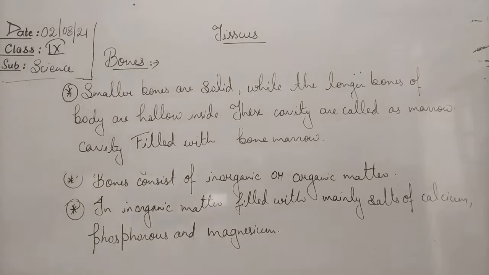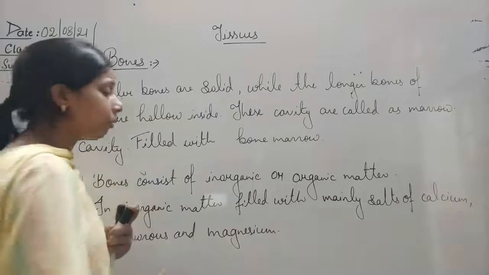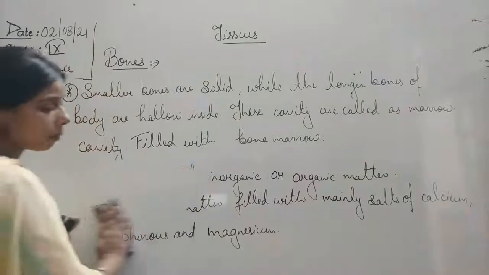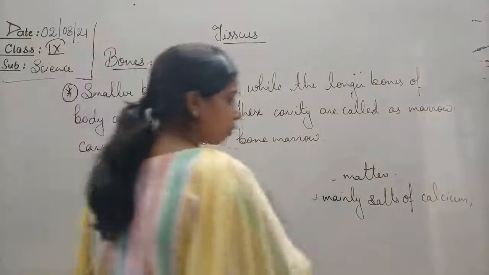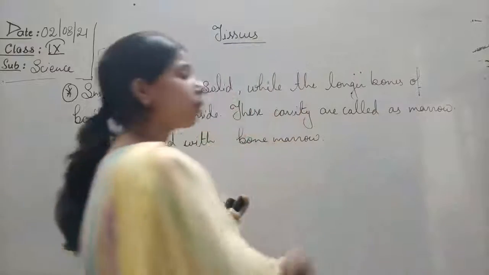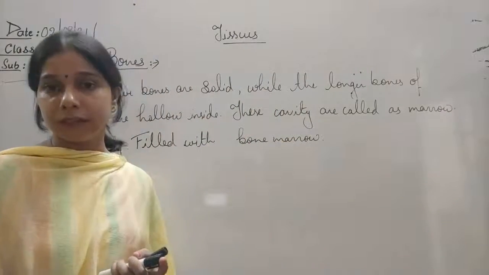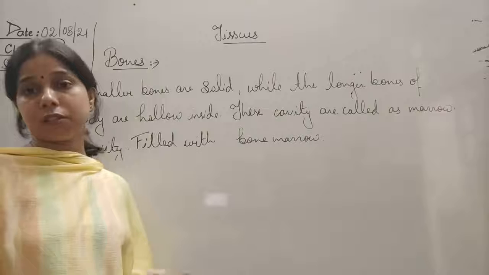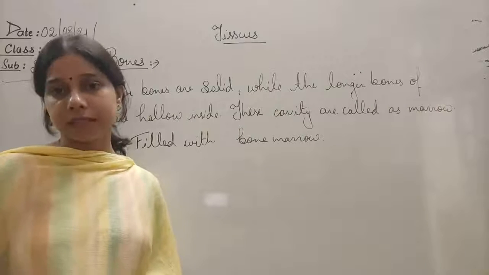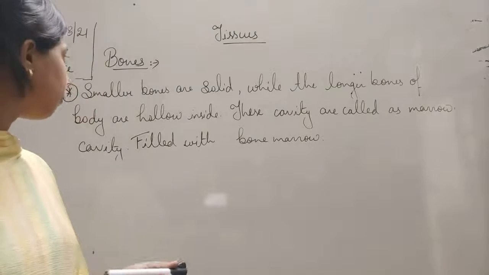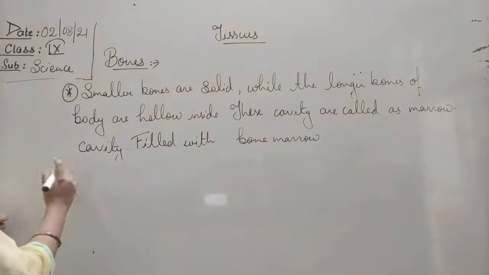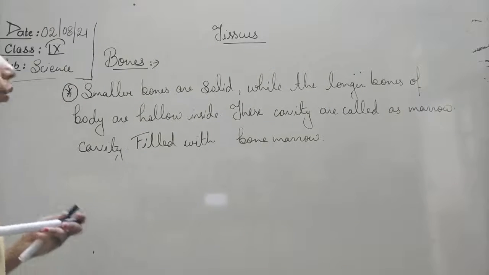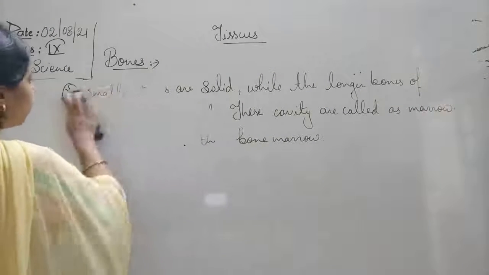Now let us see location. You know that there are 206 bones present in different parts of the body, and our whole muscles are attached with the bones itself, which constitute a system that is called as the skeletal system. So simply we will see what is the role or function of the bone in the body.